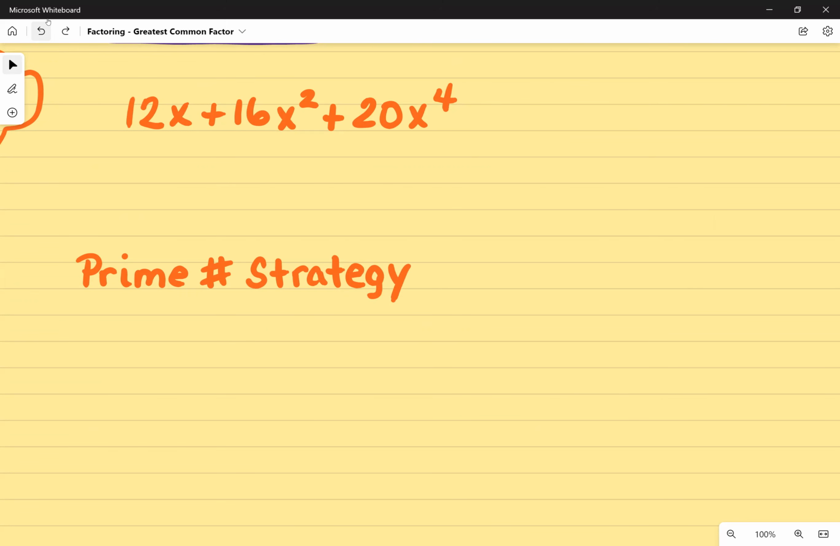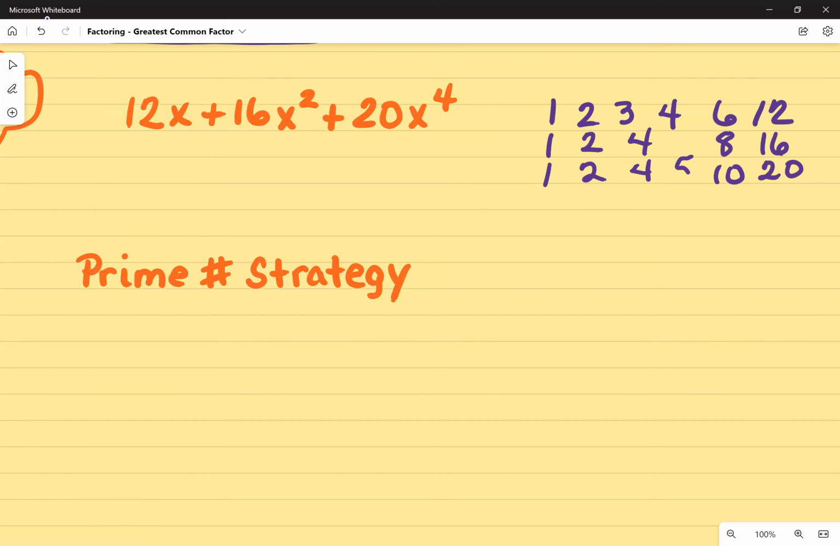So for number 12, the factors of 12 will be 1 times 12, 2 times 6, 3 times 4, and that's it. Then if I go to my second one for 16, I have 1 times 16. Most people forget the 1 times the number. Then you have 2 times 8, and then 4 times 4, and that's it for 16. Now, if I go to the last term of 20, I have 1 times 20, 2 times 10,